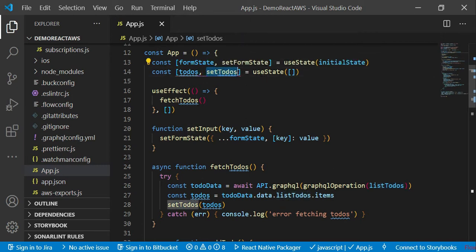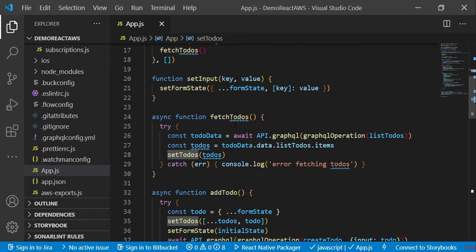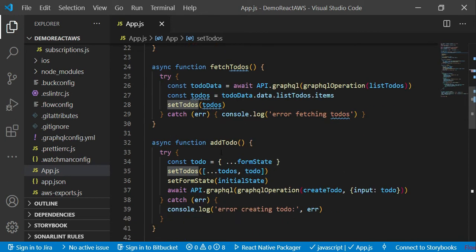If you are not comfortable with how to design a form with hooks in React Native, I recommend you go through that point and then proceed with this. So this is all about the fetchTodos function. One more function they have mentioned is addTodo.